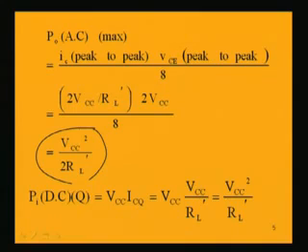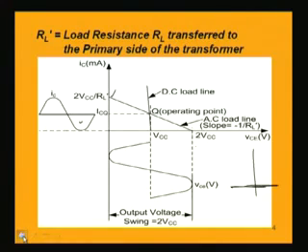We are considering the maximum AC power output, maximum because we are considering from this point to this point what it can be having. Maximum value of this current can be 2 times VCC by RL dash. So,